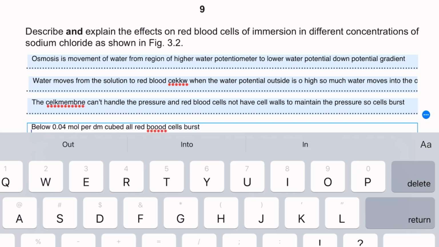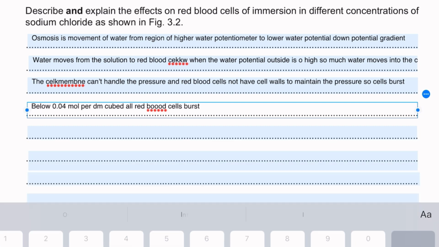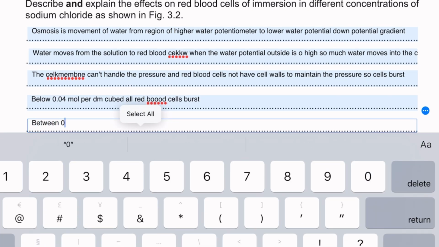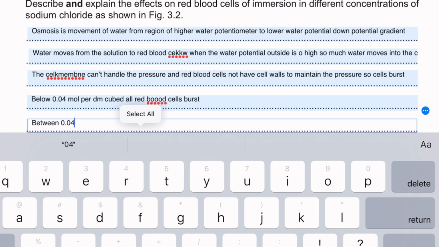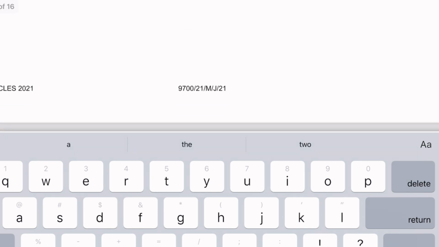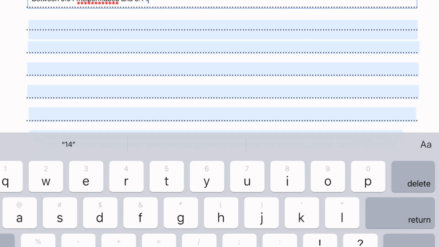Okay. And now between 0.04 mole per decimeter cubed and 0.14 mole per decimeter cubed,